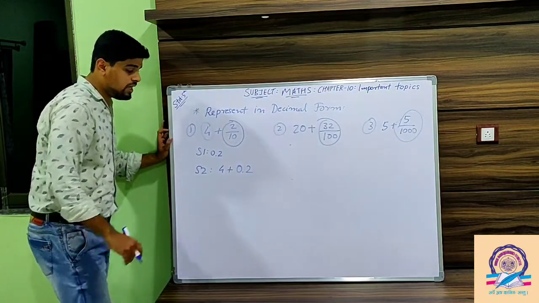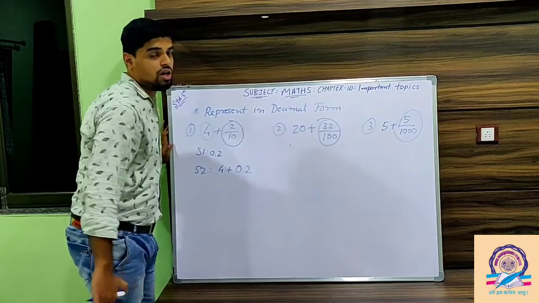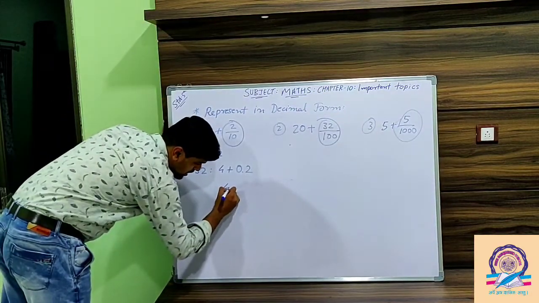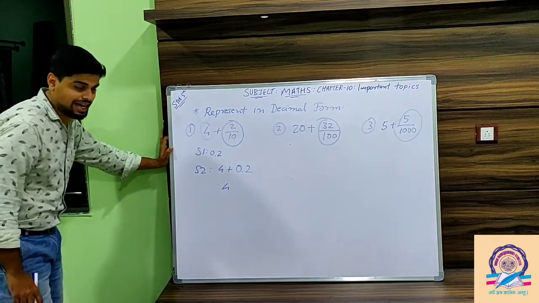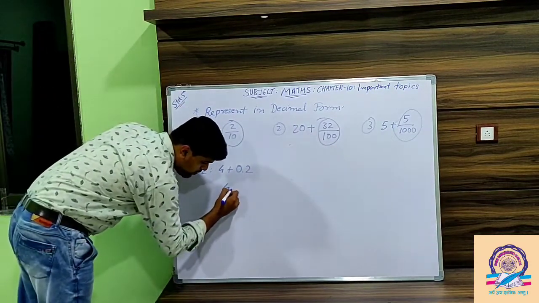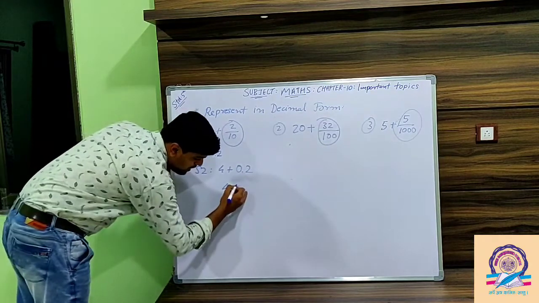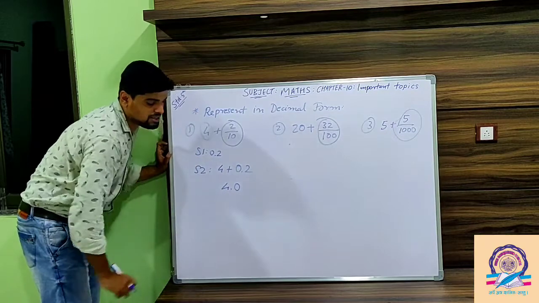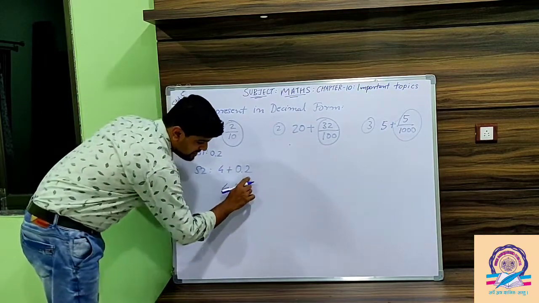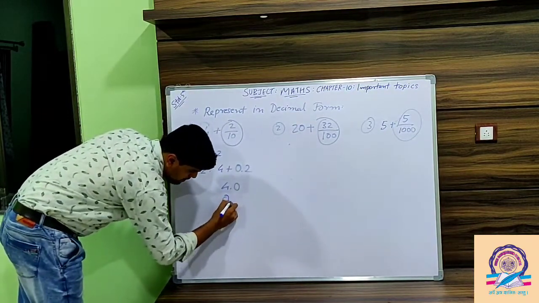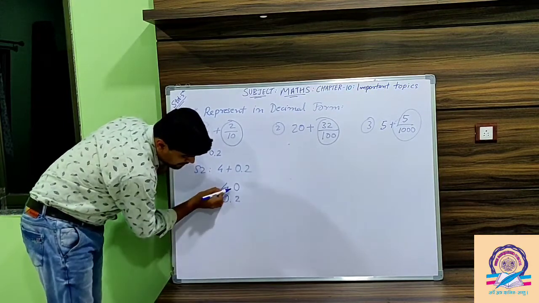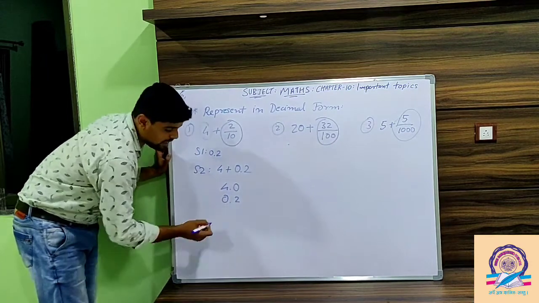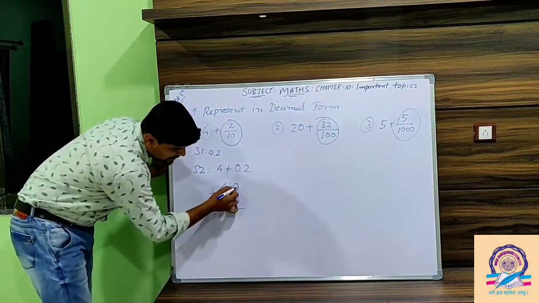So how to do addition of decimals? For that you have to watch this carefully. First write the whole number as it is, then make that whole number into a decimal: insert the decimal point and 0, and then write this decimal form below it. Remember that both decimal points should be below each other. Okay, then do normal addition.